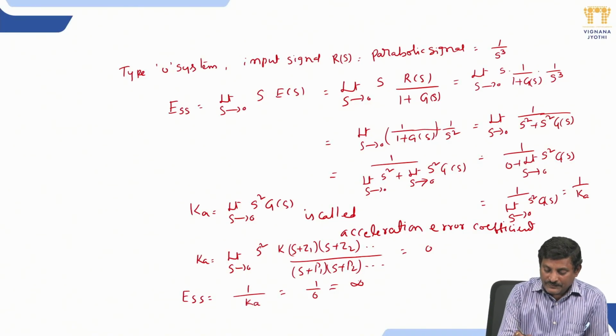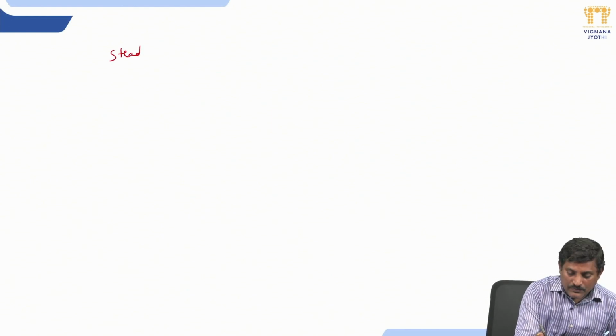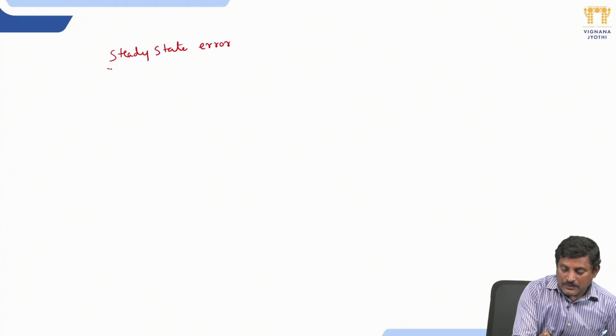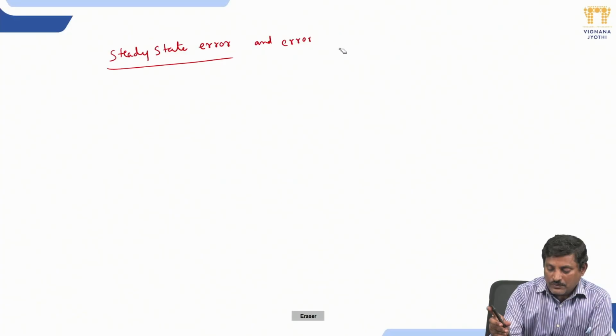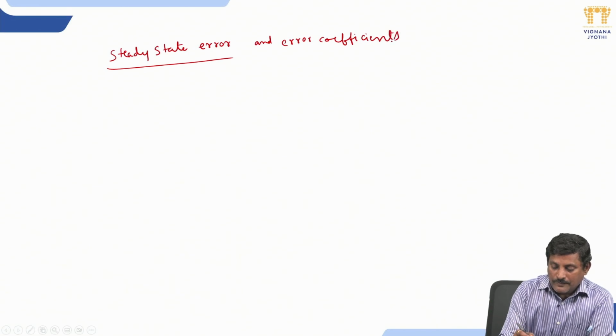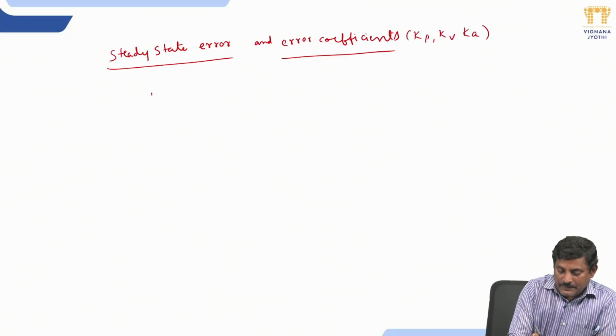So the steady state error and the error coefficients Kp, Kv, and Ka. But here, type 0 system,